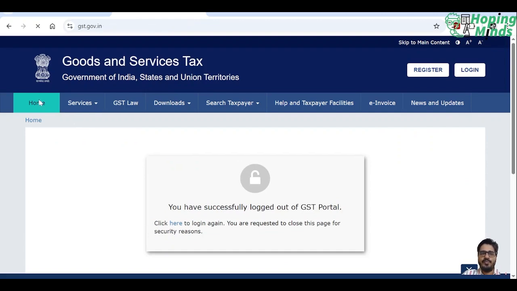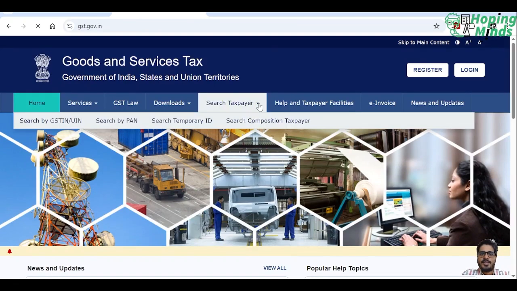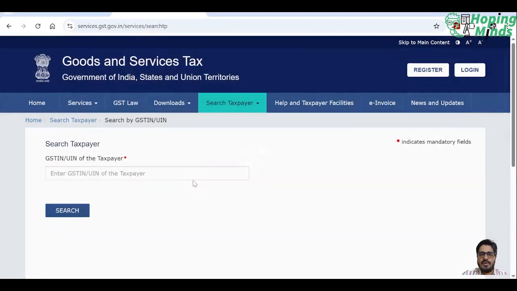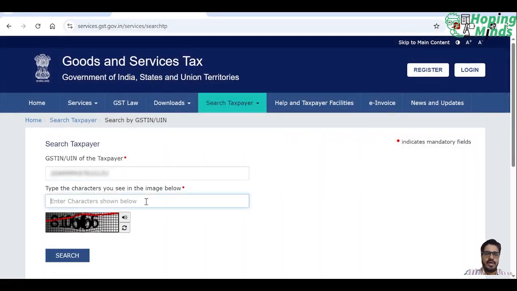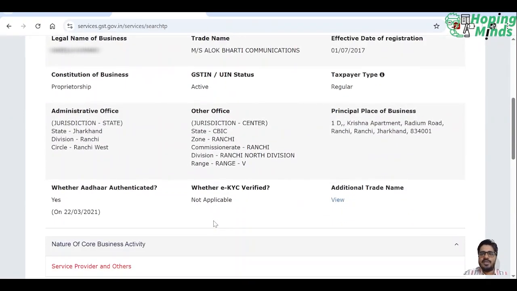We have to go to home. Here's the option of search taxpayer. We can search the taxpayer using search by GSTIN, search by PAN, search by temporary ID, search composition taxpayer. So let us search by GSTIN. We have to enter the GSTIN of the counterparty and we have to enter the CAPTCHA. Search. So this is the GST details of the